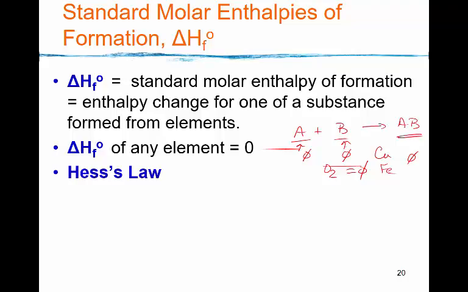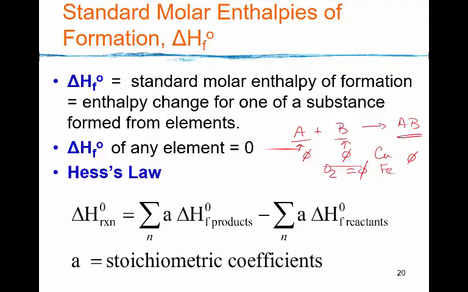We're going to use something called Hess's law. Hess's law looks really crazy when you first look at it, but it's really not. It's very simple. It's telling us here that the change in enthalpy, the standard molar enthalpy of change for a reaction, is the sum of all, n means however many you got, the delta H0 F of your products, so this is the standard molar enthalpy of formation for each one of the things that are produced times their coefficients,